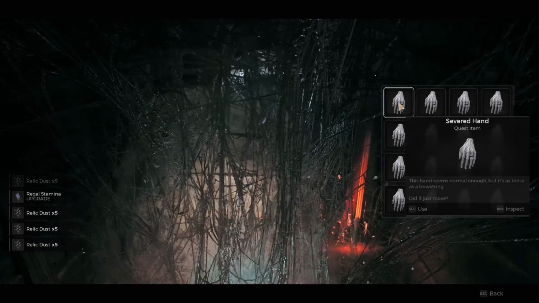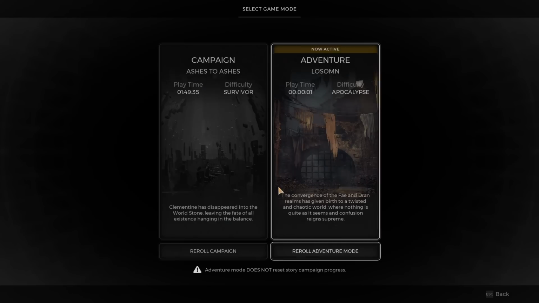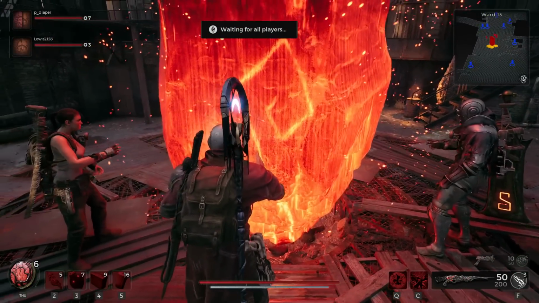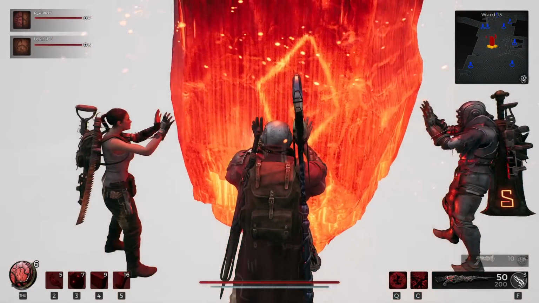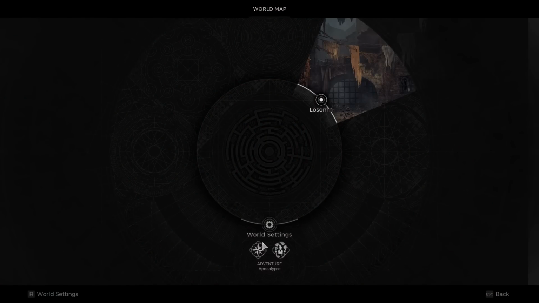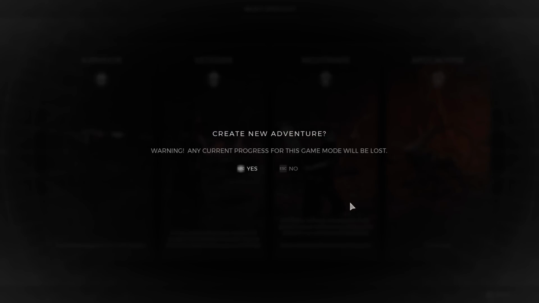Then what you do with that relic dust is you return to Ward 13. When you are there, there's going to be this creepy vendor you can interact with. You go up to them, and for 15 relic dust, you can purchase a relic fragment. But before you start purchasing relic fragments, re-roll something, campaign or adventure mode, and stick it on Apocalypse difficulty, because